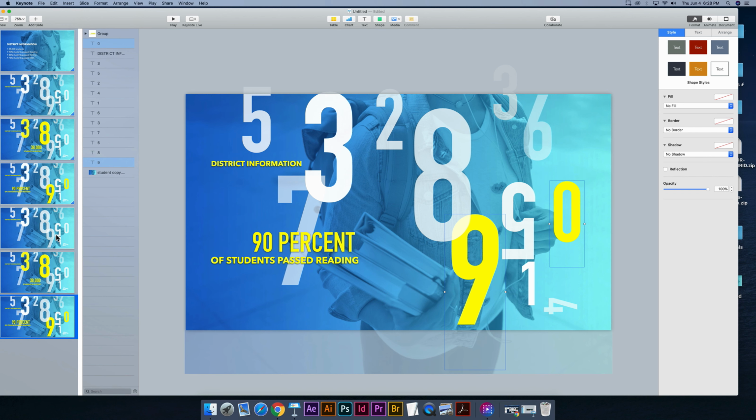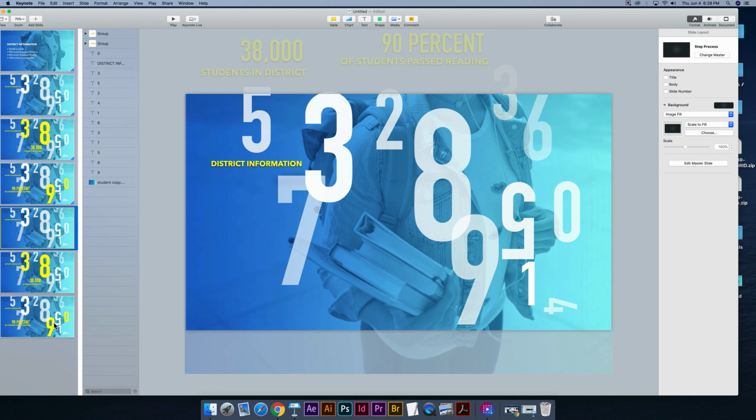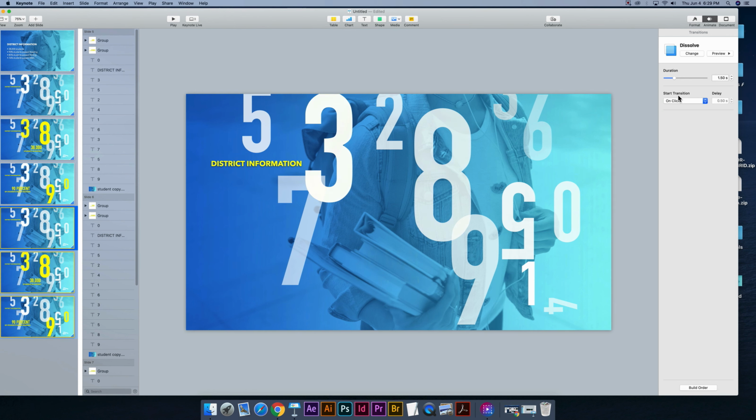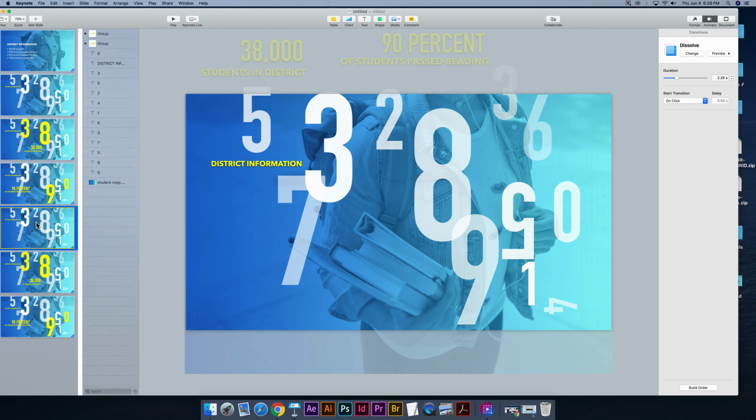Then I'll do a quick way to transition all of them. I'll click on the first slide and then hold shift and click on the bottom slide. And so now all these slides are selected, these last 3 slides. I'll go to animate, add an effect. I'm going to use dissolve. I'll make it go a little bit longer to 2.25 seconds, and I'll go back to the first slide and press play,